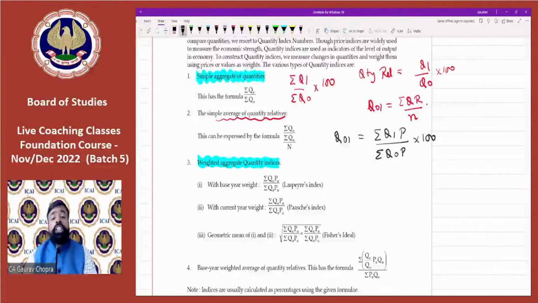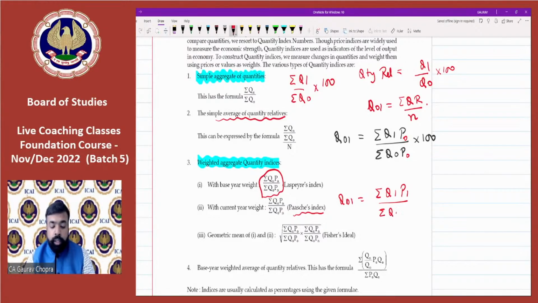Now, which price to be used? If we are having Laspeyres method, then use base year price. So Laspeyres has taken base year price as the weight. So we can use P0. So this becomes Laspeyres. Then for Paasche we can use P1. So Q01 for Paasche, sigma Q1 P1 upon sigma Q0 P1 and then multiply by 100. Okay, so it becomes the second one,